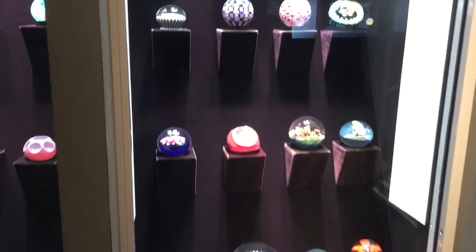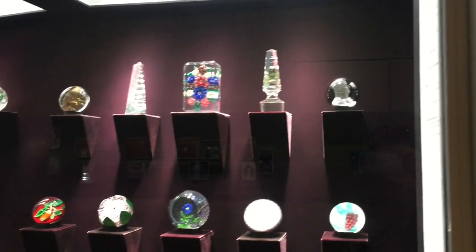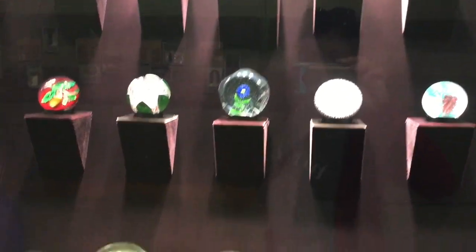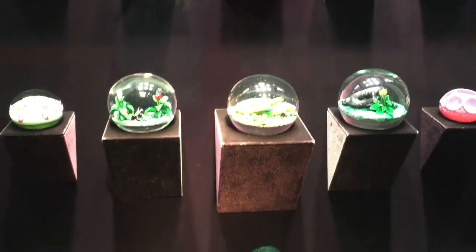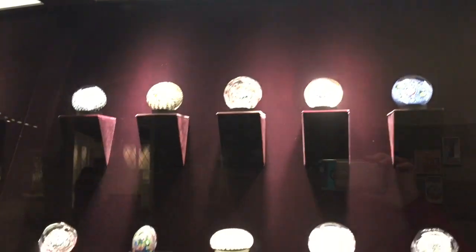These are all paperweights. Yeah, this one's 100 pounds. And that big one at the beginning was 100 pounds, Rose says. Ew. Look, these are beautiful. They get tiny. They're pretty good. Oh, there's an egg. Oh, this is so...